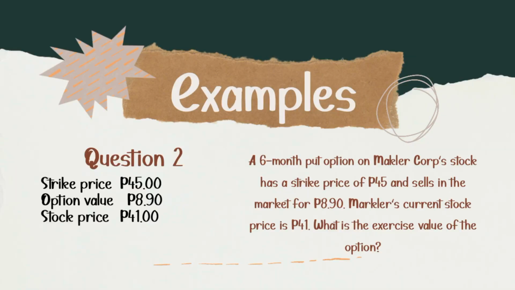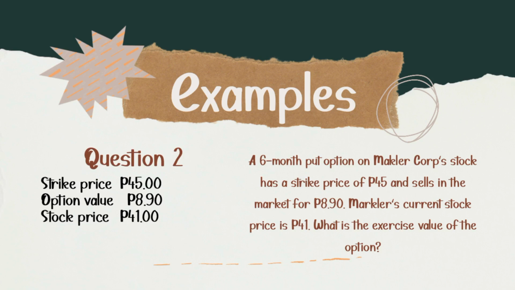So another example, number 2: a 6-month put option on Mackler Corp's stock has a strike price of 45 pesos and sells in the market for 8.90 pesos. Mackler's current stock price is 41 pesos. What is the exercise value of the option? So this time